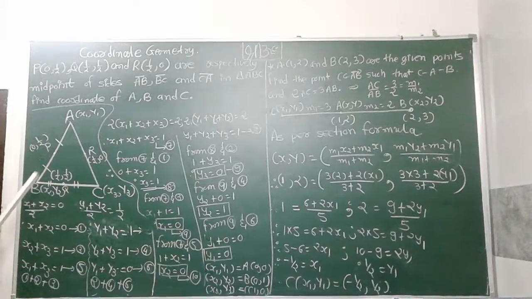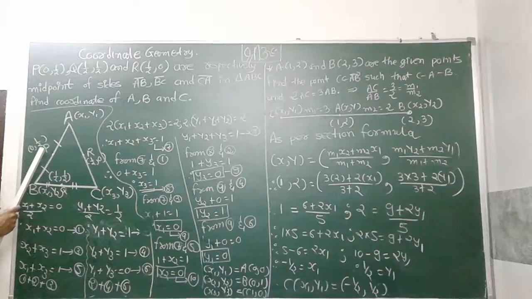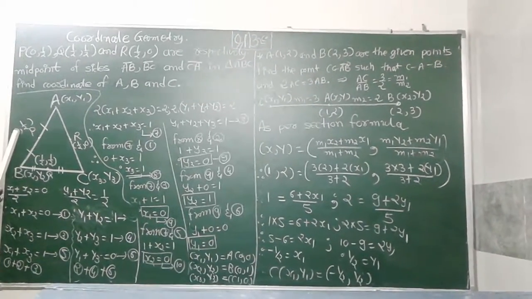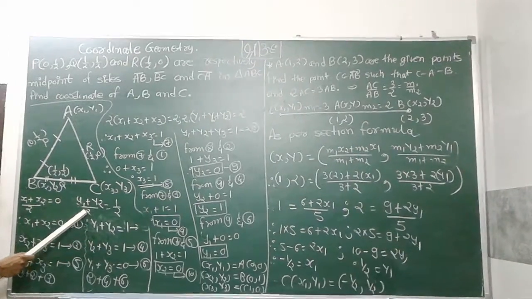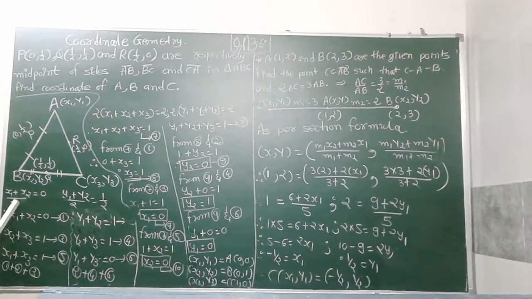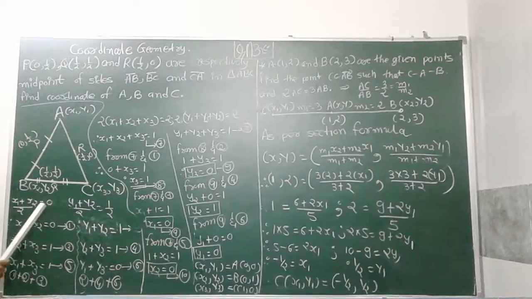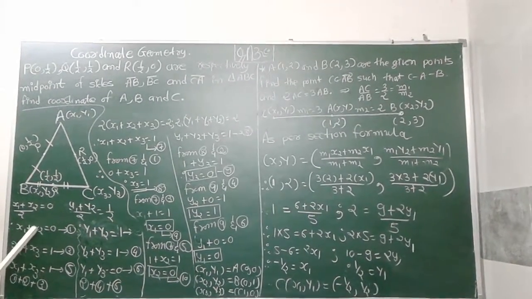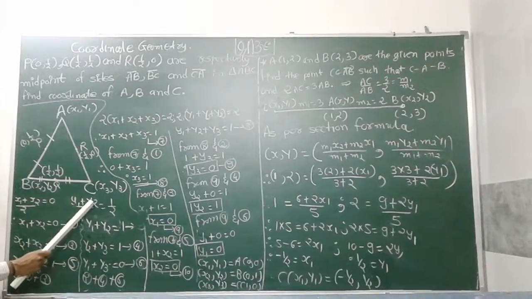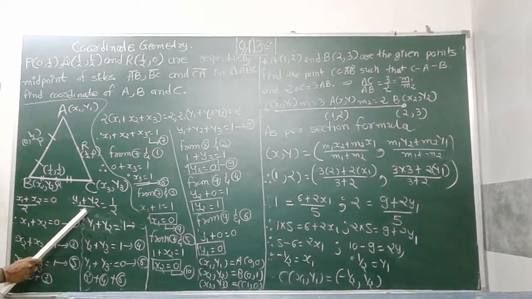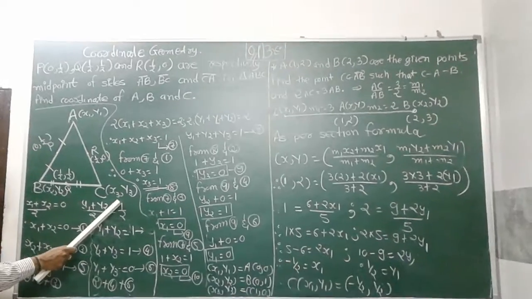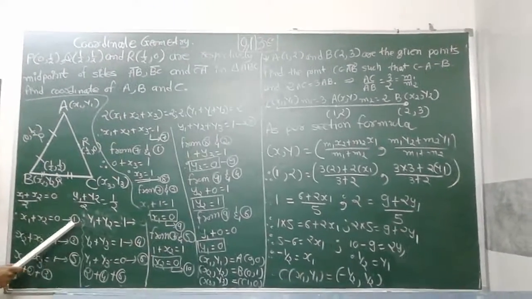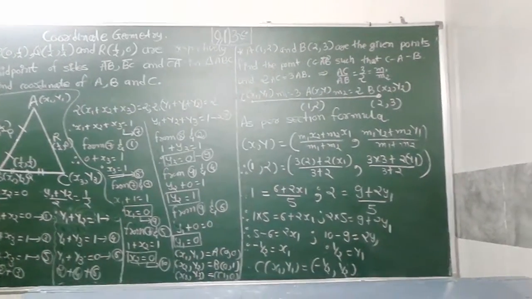According to the midpoint formula, for line segment AB, P is the midpoint. Therefore, (x1 + x2)/2 is equal to 0, the x coordinate. (y1 + y2)/2 is equal to 1/2. This 2 is in division form, it goes to multiplication form. 0 into 2 is 0. Therefore, x1 + x2 is equal to 0. For y, the 2 in division goes to multiplication form. Therefore, y1 + y2 is equal to 2/2, so 1. These are equation 1 and equation 2. Similarly,